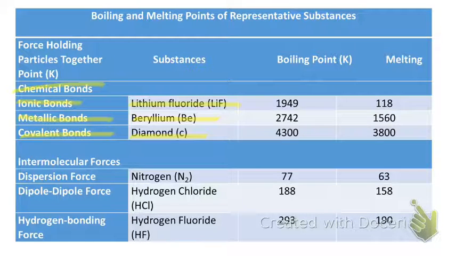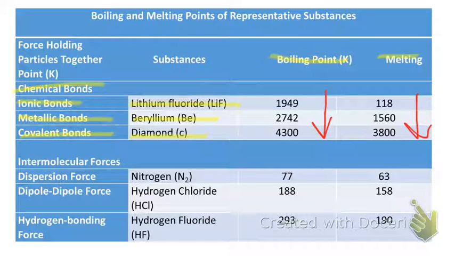So let's take a look at the general trend of boiling points and melting points. As you can see, the boiling point seems to be getting higher as we go from ionic to metallic to covalent bonded networks. And that's typically going to be the general trend that we'll see throughout nature, is that covalent bonded networks, these crystal structures with covalent bonds in them, are super strong. And therefore they're going to have high boiling points. It's going to be very hard to boil and melt diamonds,